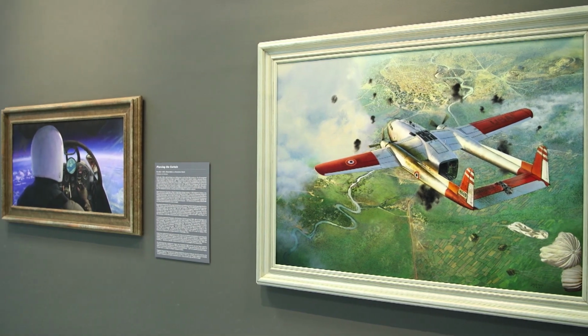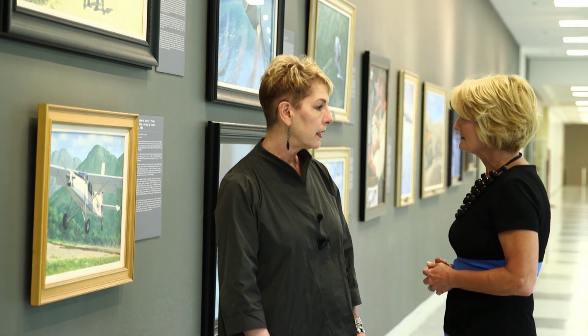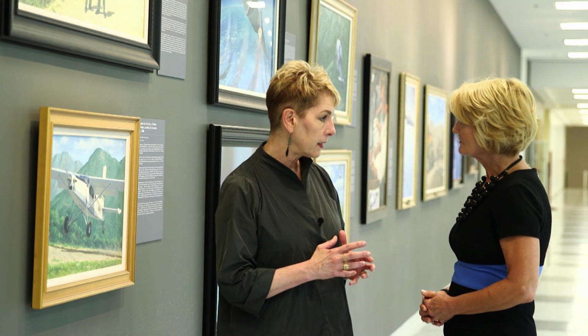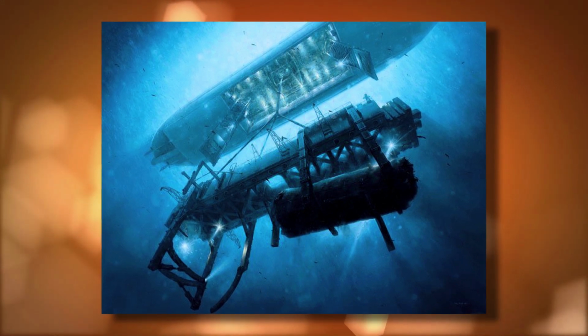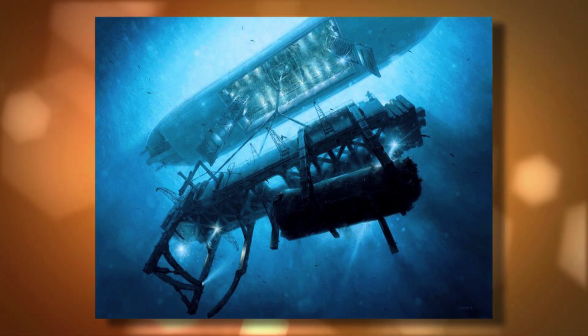This is our intelligence art gallery. We've talked about collecting intelligence from the highest heights to the deepest depths. And we have artifacts related to those stories, but we don't always have artifacts related to the kind of history we need to make sure remains accessible to the workforce. This is a beautiful painting. Tell me about this. So this painting captures an operation back in 1974, but we have to go further back